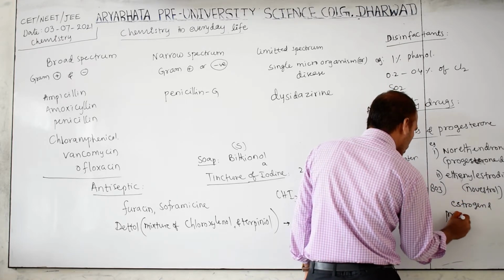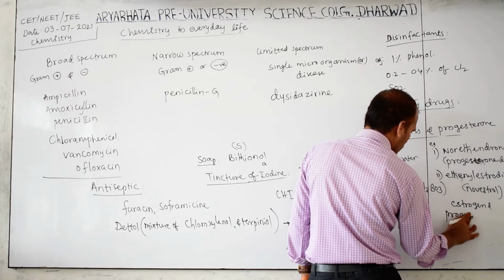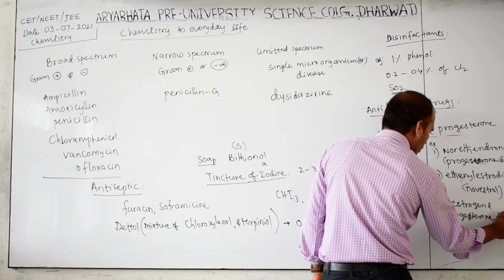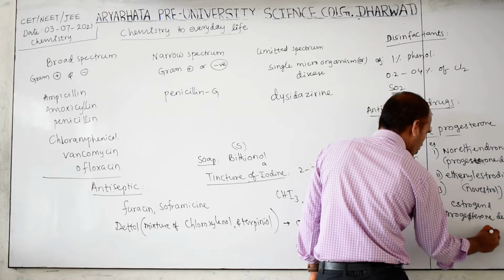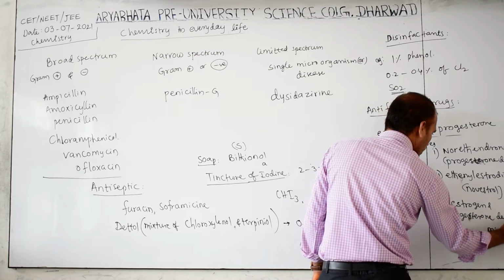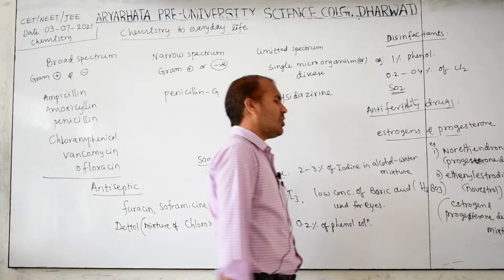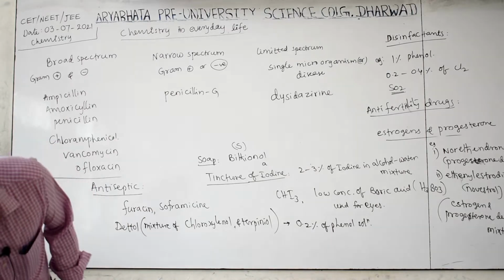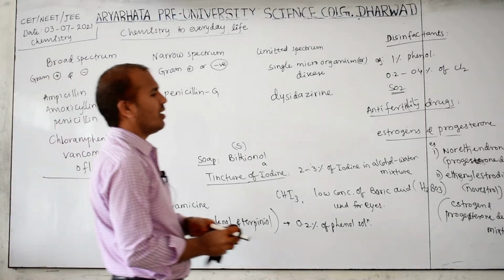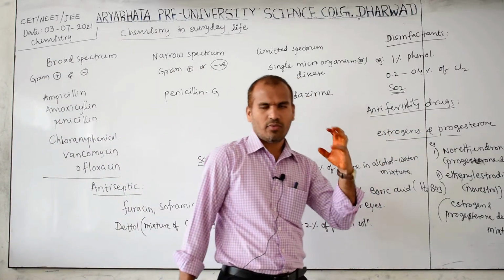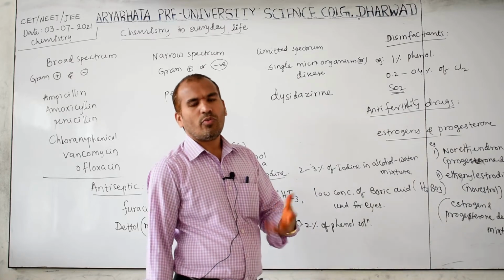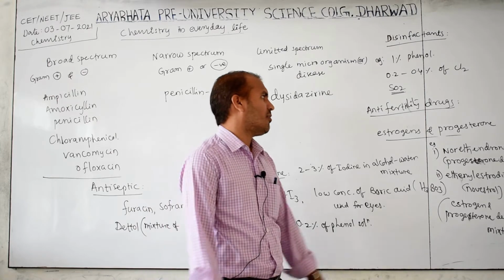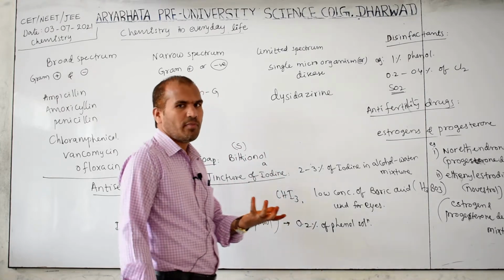and progesterone derivative mixture. Keep in mind this is a mixture of these two compounds. So if you use these drugs, then ovulation will be stopped. It will not allow fertilization of the egg